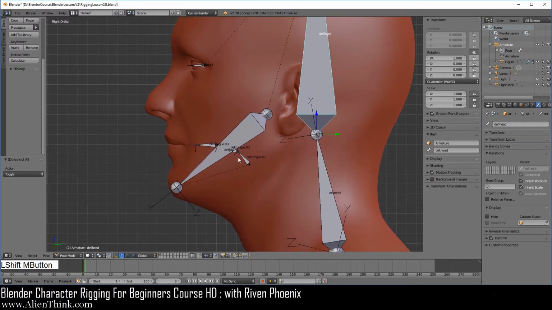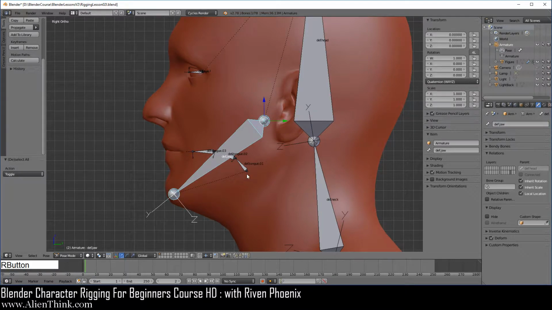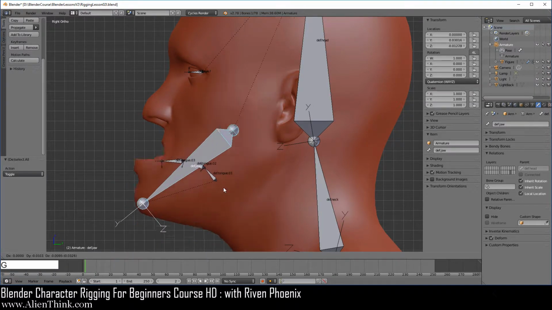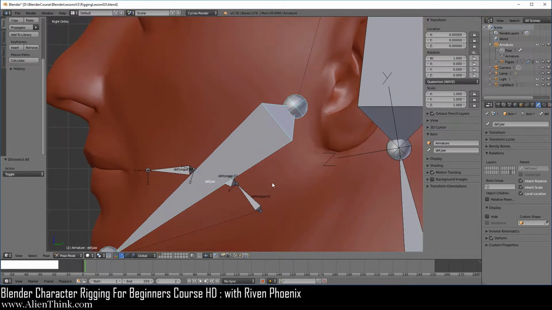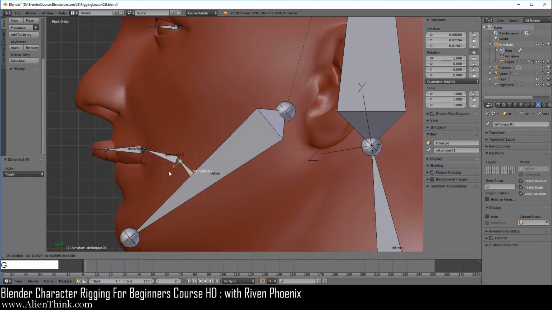Let's go ahead and zoom in. Take a look at this jawbone. Of course, if we press the G key, we can dislodge the jaw, right click to cancel. So we're going to lock the location and scale. For the tongue, it's going to be the same thing. Click on this. If you press the G key, you can move the tongue out, so we don't want that to happen. Go ahead and lock the location and scale.